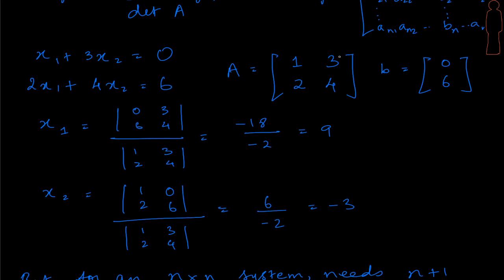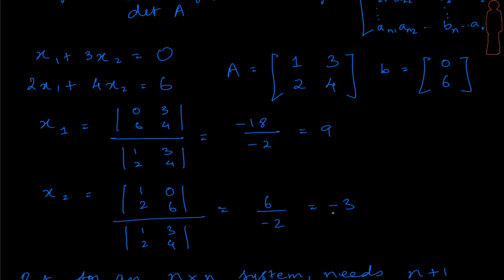Retain the first column, second column is replaced by the B vector, we have a 0, 6, and we calculate this, and this is my answer, right? So you can please verify in this equation and see if the solution really works or not. So this is quite an interesting formula, and we might even question why did we really need elimination at all in the first place. Why don't we just simply go with Cramer's rule?